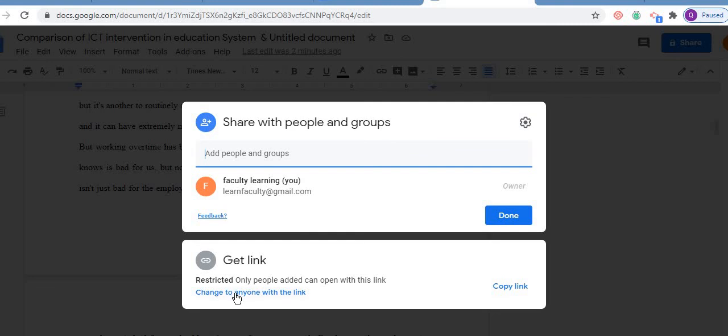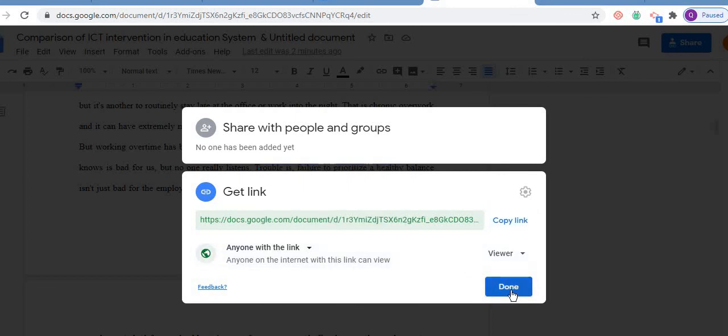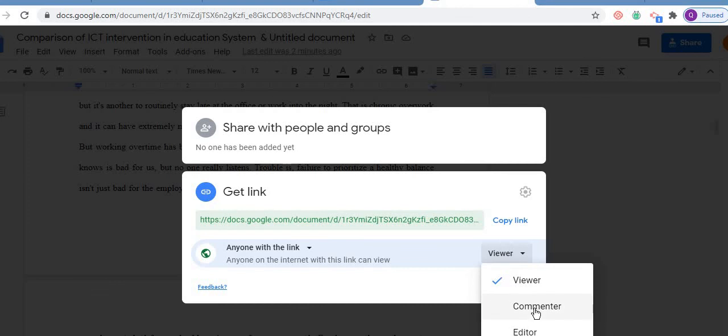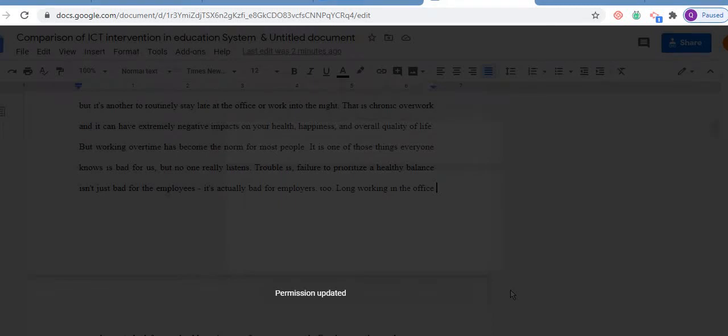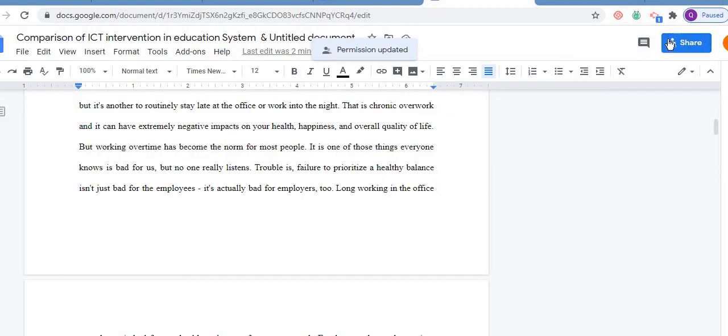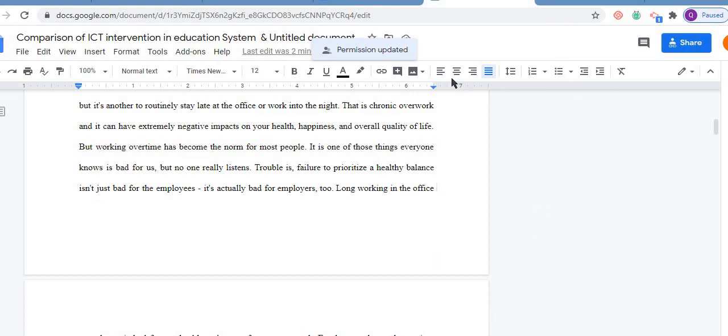See, once you change this to anyone with the link, I am going to change it so that anyone can do it, right? So anyone cannot be the viewer, but anyone can be the editor, not commenter, but can be the editor, and close. Once you make it editor, see here the sign is changed, and it simply indicates anyone who has the link can access, and no sign in is required. So wherever you can send this sheet. So I hope this is covered and you are able to understand all these points.